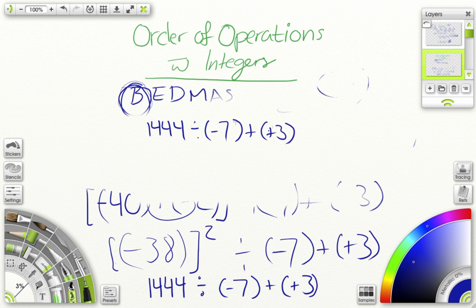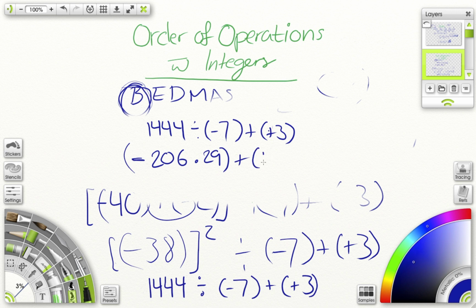So my next step of BEDMAS is to do division. So I have to do 1,444 divided by -7. So I know my answer is going to be a negative because a positive divided by a negative equals negative. So it's going to be negative. It's going to be a decimal number of 206.29, rounded